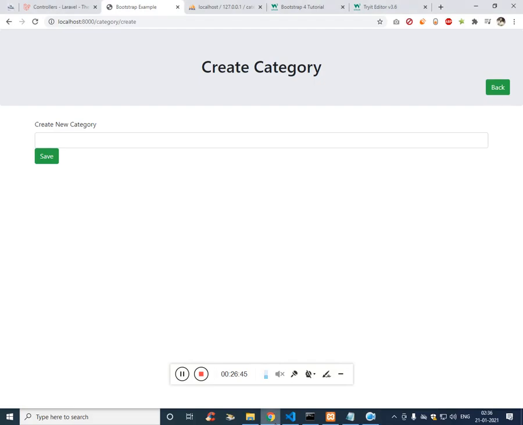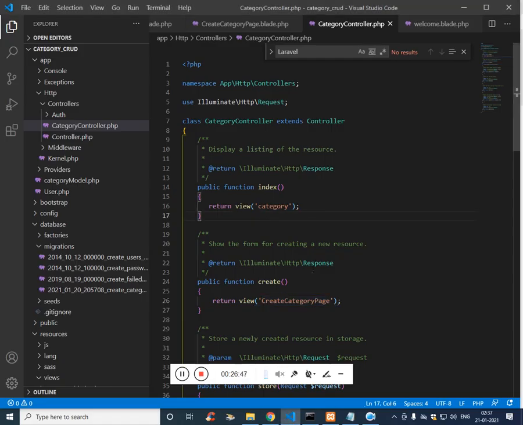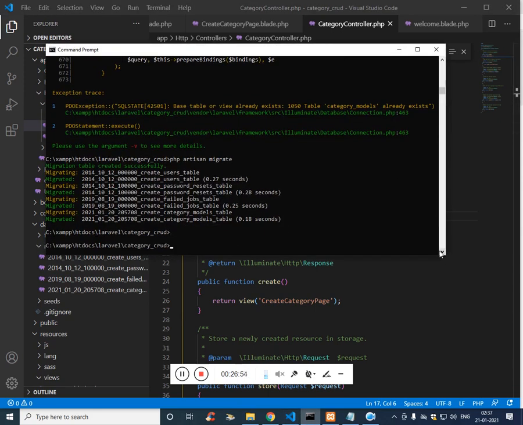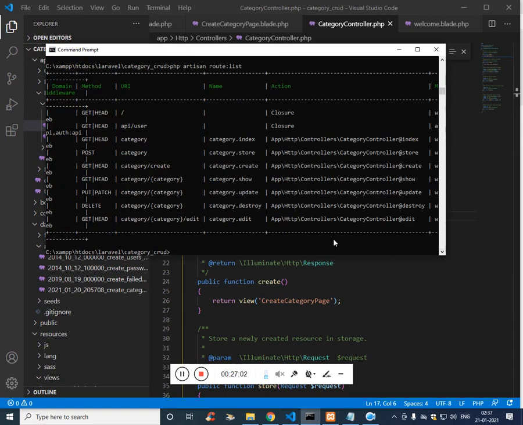How are we going to do that? Let's Control C, php artisan route:list. Let's get the URL for storing the value. To store the value, we just have to pass the URL category.